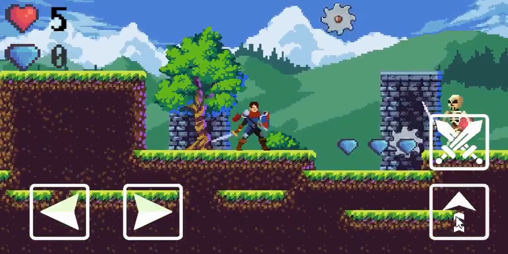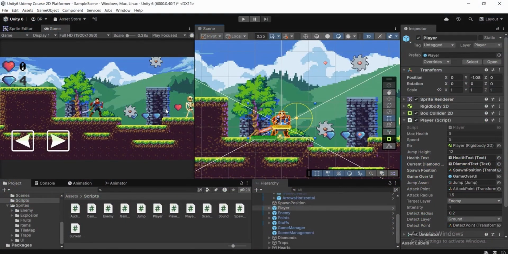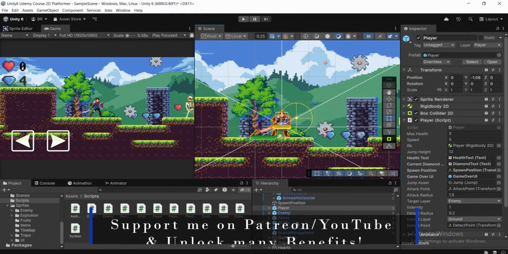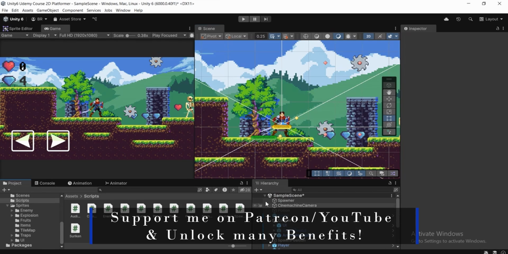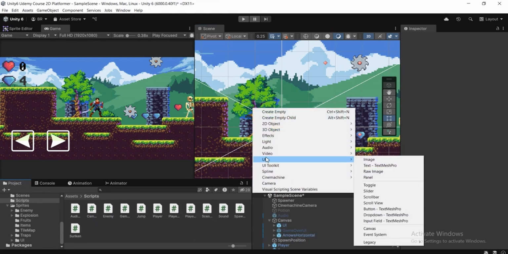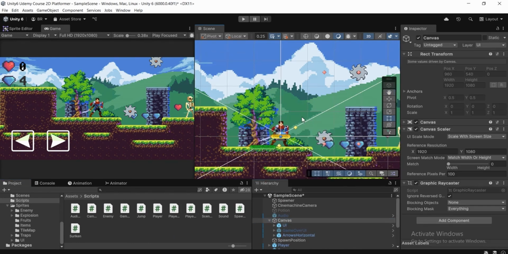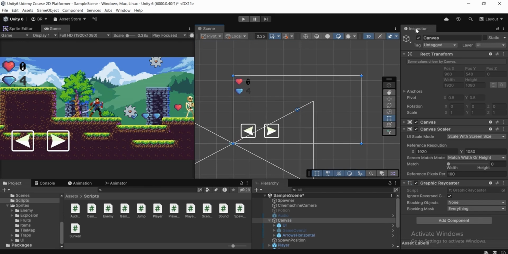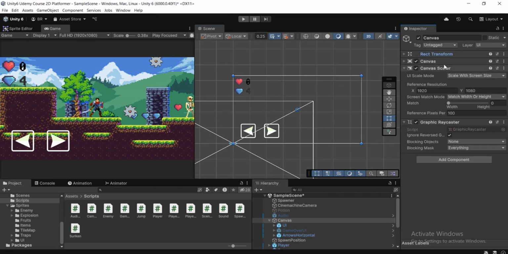So let's dive into this tutorial. For our jump button, to create that, firstly we need to create our canvas. To do so, move over to hierarchy, right click or hit this plus icon, then go to UI and select this canvas at the bottom, and then choose your canvas, press F to focus on it, and go over to inspector, then canvas scaler component, and over there set UI scale mode to scale with screen size,